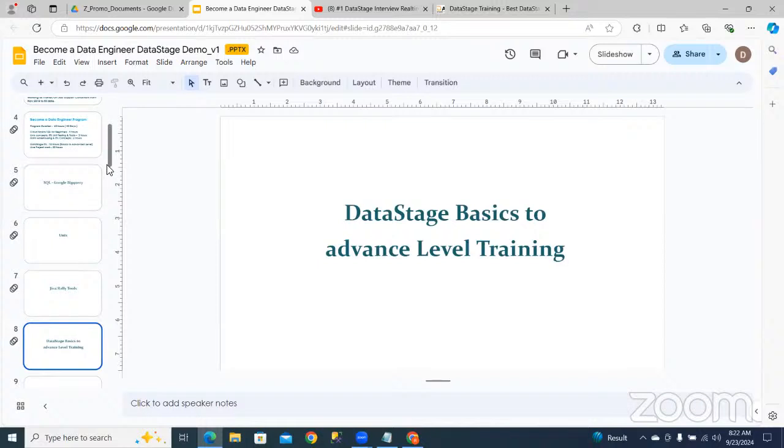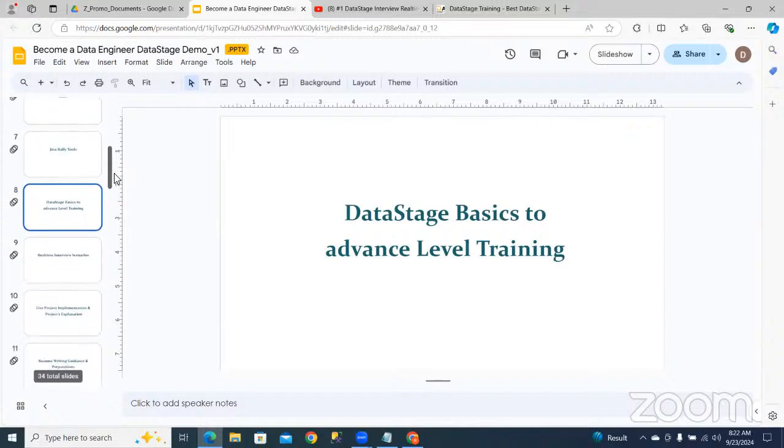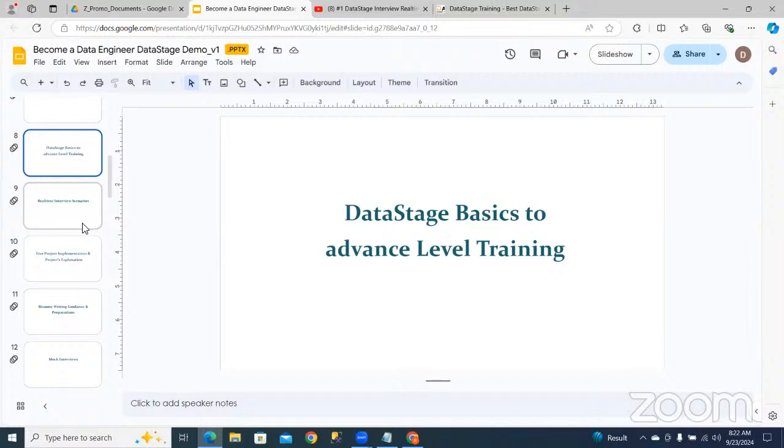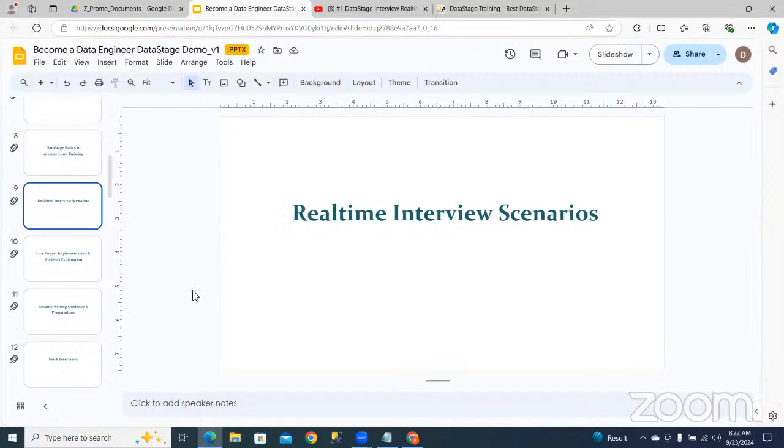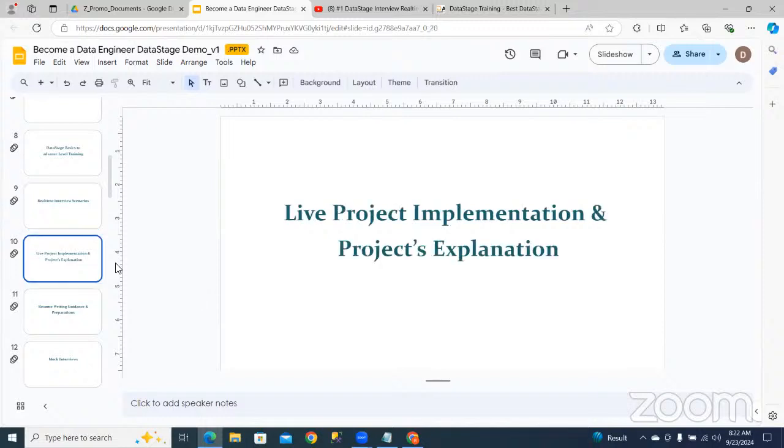Data science training will be provided from basic to advanced level. I will be giving access to the interview real-time scenarios, and we'll be doing live projects. I'll be providing some case studies and scenario-based questions so that you have to do the live project after the completion of the training.